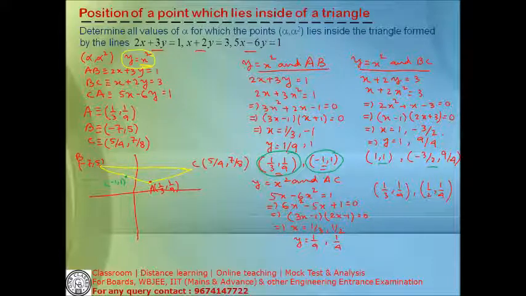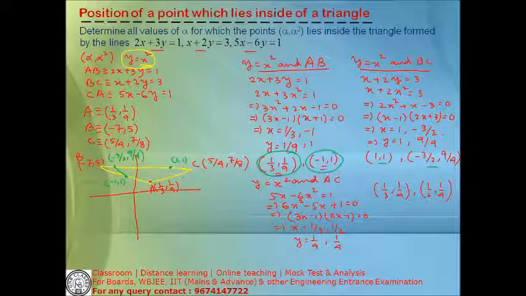This point is 1 comma 1 and another point is minus 3 by 2, 9 by 4. So it's somewhere here, comma 9 by 4, means it is coming somewhere at this place. So this is minus 3. It is just a rough diagram. Minus 3 by 2, 9 by 4. Is this clear? So the parabola is passing through these 2 points as well as it is coming down,